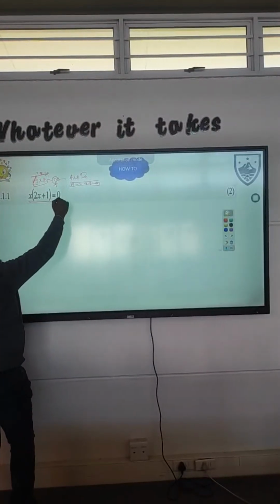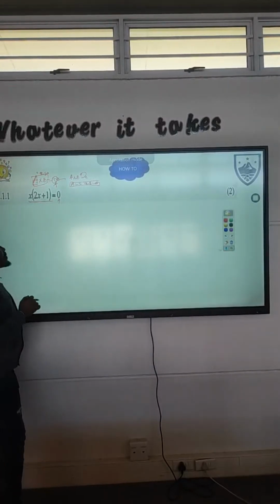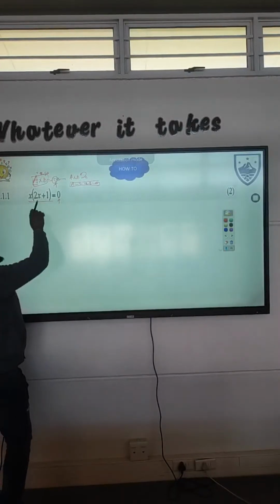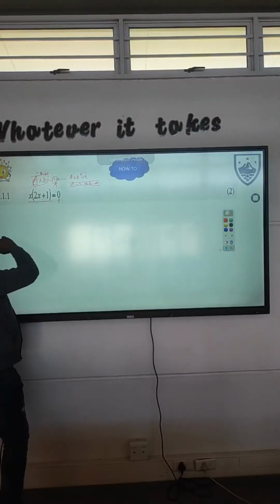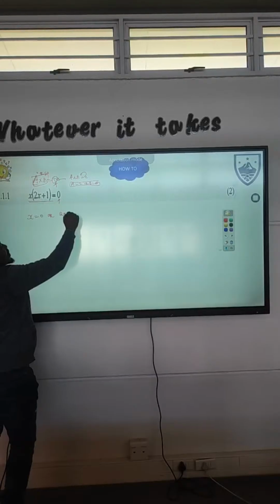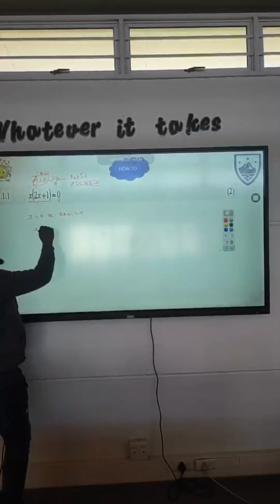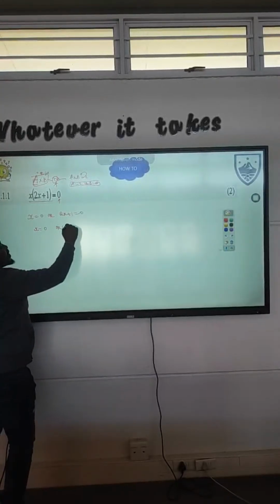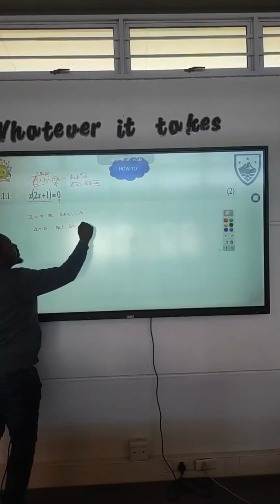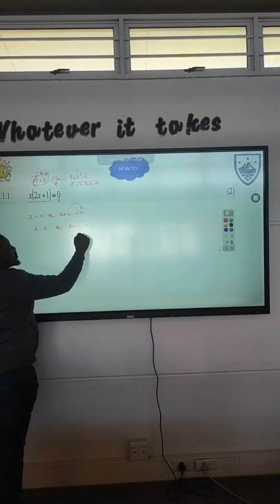So we have a 0, we have achieved that, and then we have two terms that are multiplying each other. We have a binomial this side and we have a monomial this side, so we'll say x equals 0 or 2x plus 1 equals 0, and our x is 0, and on the other side we'll have 2x equals negative 1. Transposing this to the right hand side, we change the sign, and then we'll have x equals negative